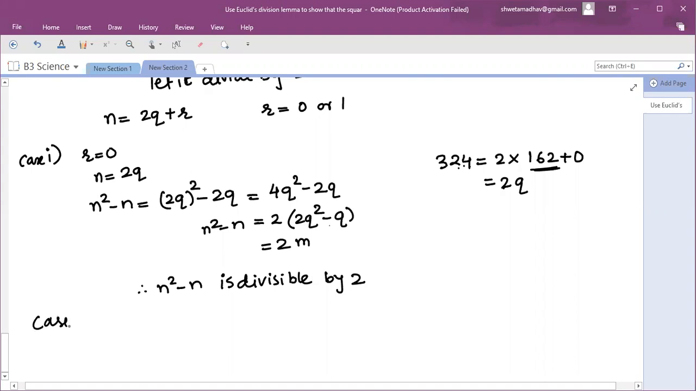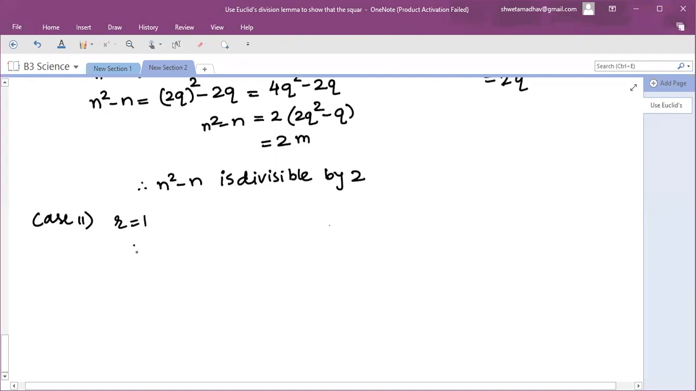Similarly, check it for case 2. R is 1 because we have to check all the possible cases. Then what is the value of n? 2q plus 1. Then they are asking us to find the value of n square minus n. So what is it? N square minus n is